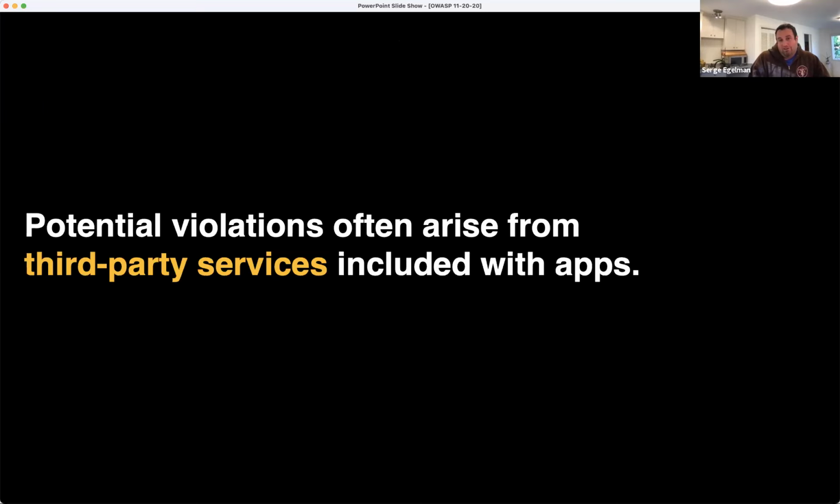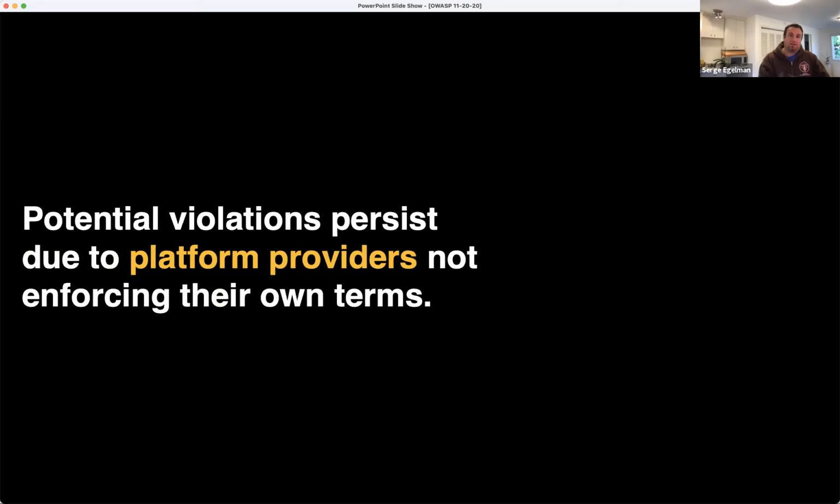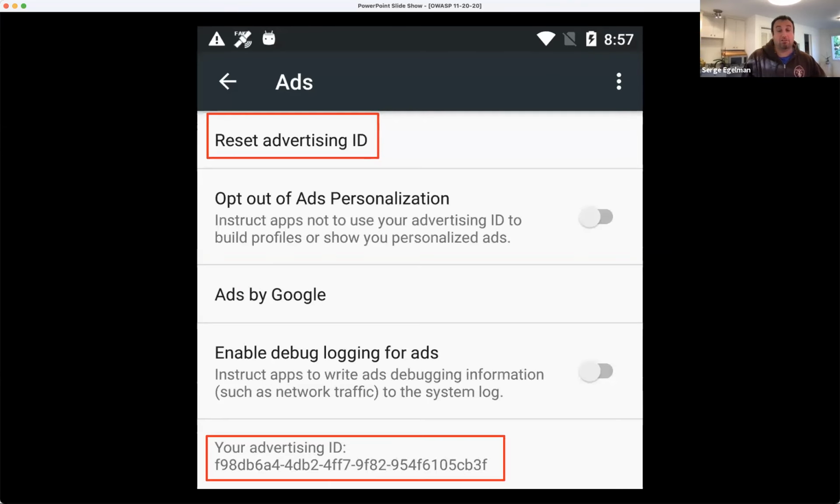And so most of this, as I've been saying since the beginning of this talk, is due to the third-party services. We found that not just the third-party services, but many of the violations that we observed were already against policy in terms of the Play Store policies. The issue is that they're just not enforced. Google leaves it to developers to ensure that they're complying with both the Play Store policies and the law. And as a result, when developers aren't aware of their obligations or how to correctly follow them, things fall through the cracks.